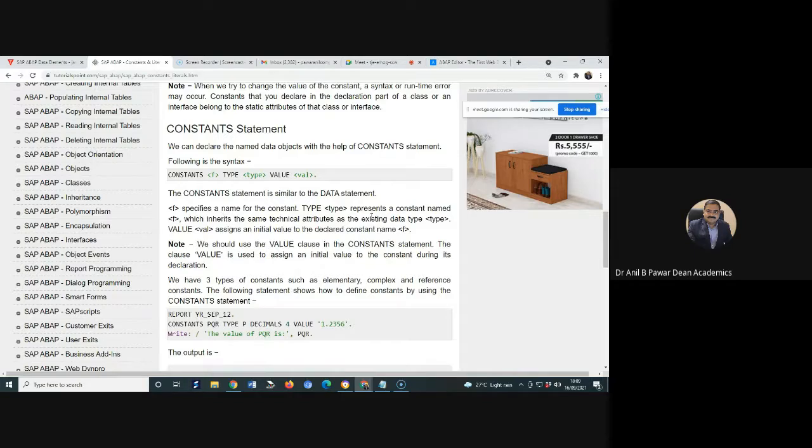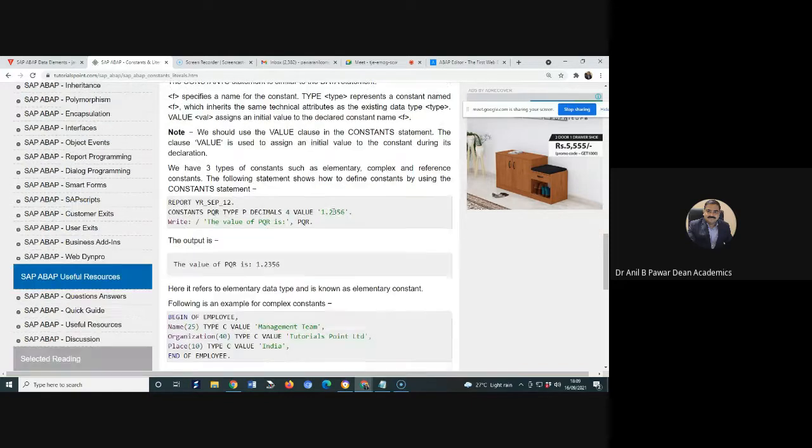Then type represents the type of the named constant, which inherits the same technical attributes as the existing data type. It may be integer or whatever. After that you use value, which assigns an initial value to the declared constant. Whatever value you want to assign will be taken as part of that value here.